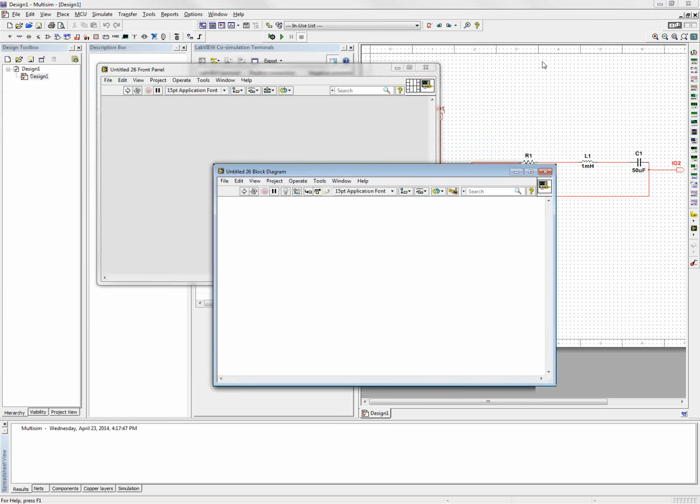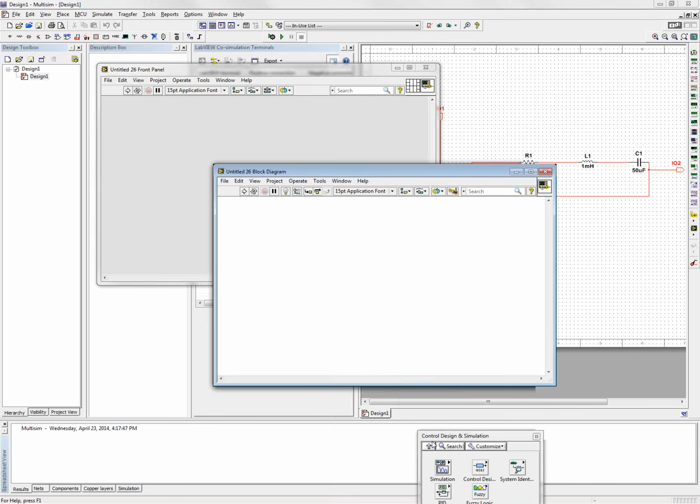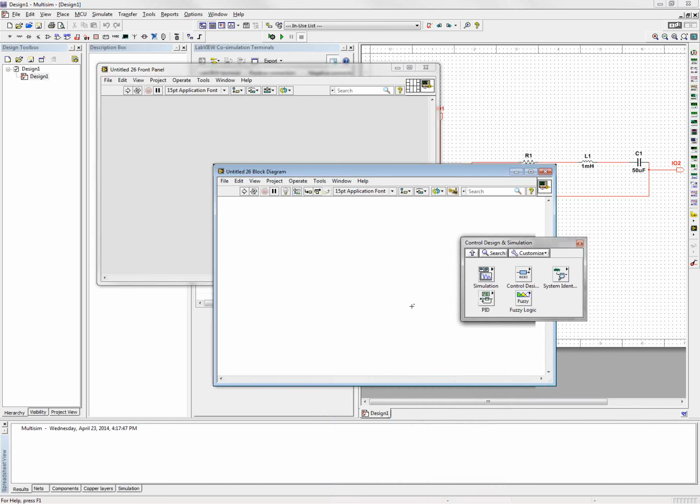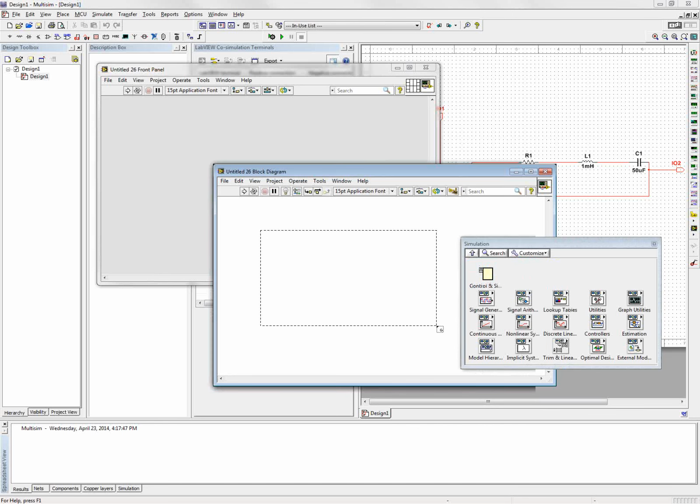So this is my front panel and block diagram within LabVIEW itself. If I want to interact with this particular design file, the first thing that I have to do is use the control and design and simulation palette. In this palette, you can interact with Multisim. So I place a control and design simulation loop here,